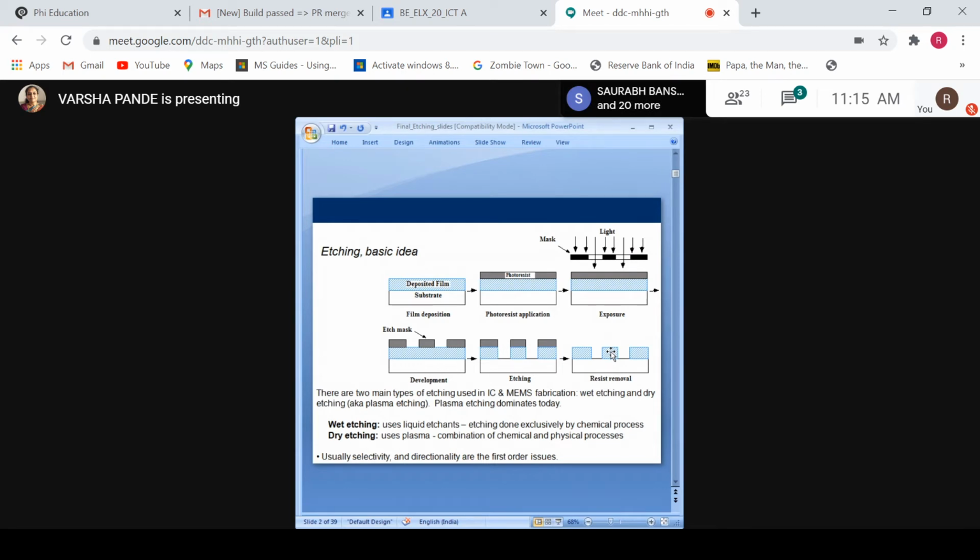Means you can see, if you are preparing the PCBs, means in the second year, third year, you might have seen that at the time of doing some mini projects. If you are doing a PCB, or if you are designing some diagrams, you are transferring to the copper clad, then whatever the diagrams are there, that you are protecting by using some type of paint. So that is nothing but the photo mask. You are applying the mask. After this, you are keeping this in the FeCl3 solution.